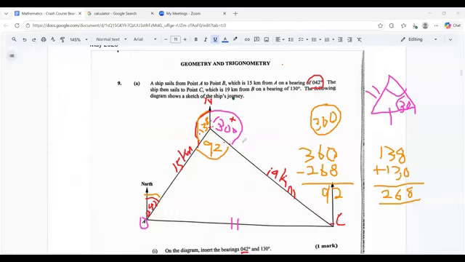What was I going to do? Yeah, so we need to find AC, right? I'm going to draw a sketch. I already know I'm going to use the cosine rule. And if you're wondering why I'm going to use the cosine rule,